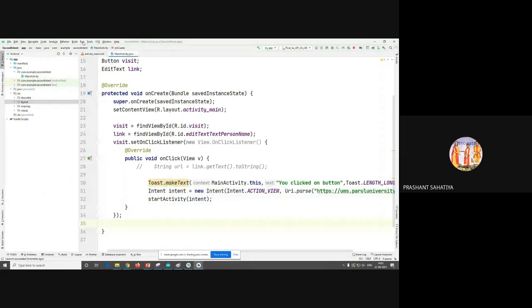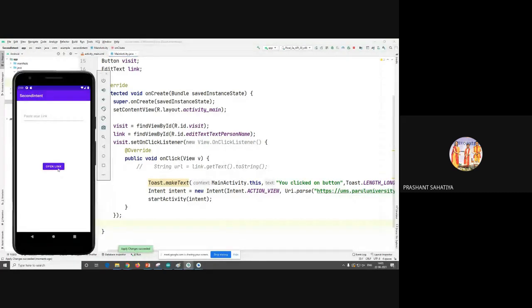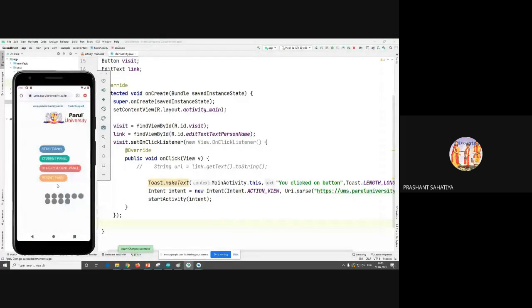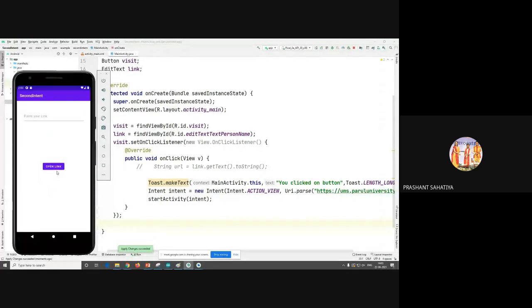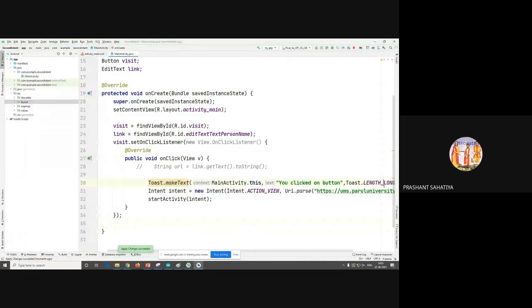It got run or what? Let's see. Okay, I guess we are not able to see. Okay. My mistake.